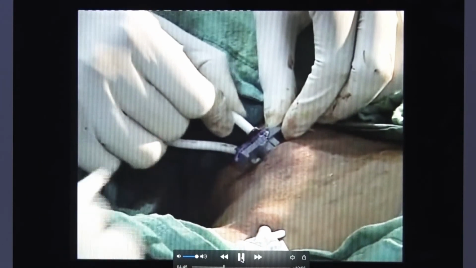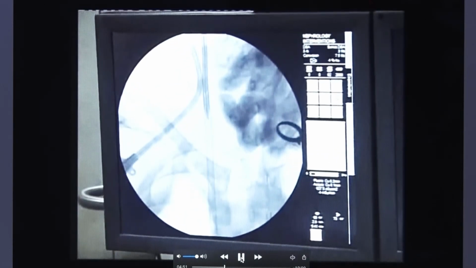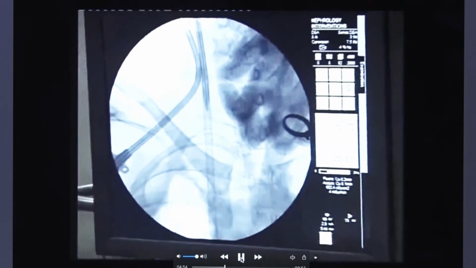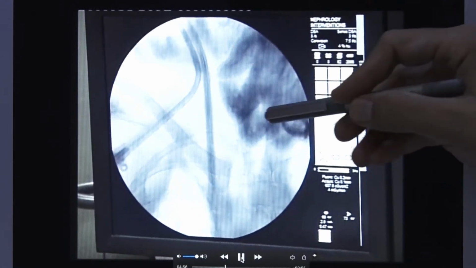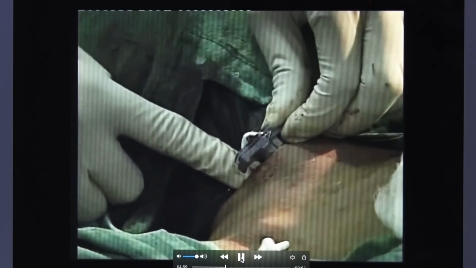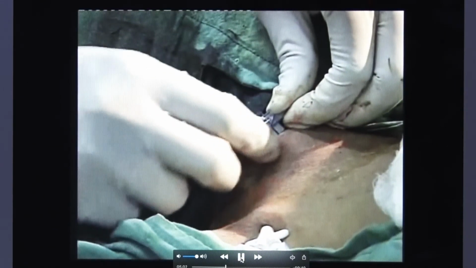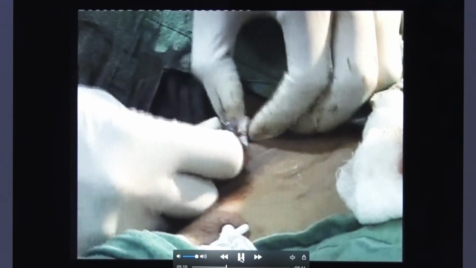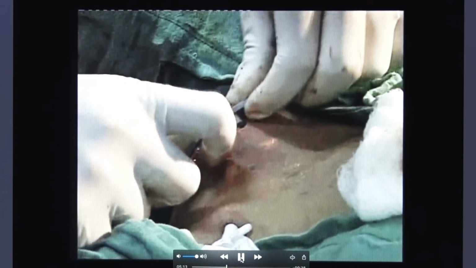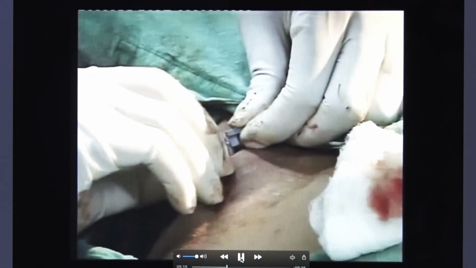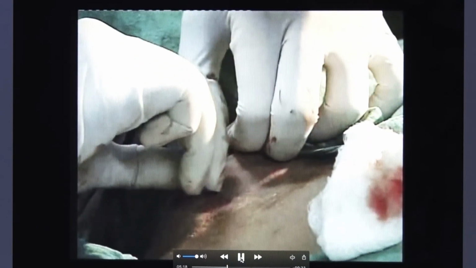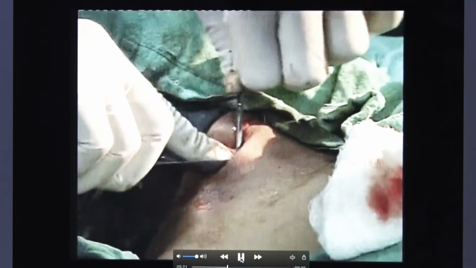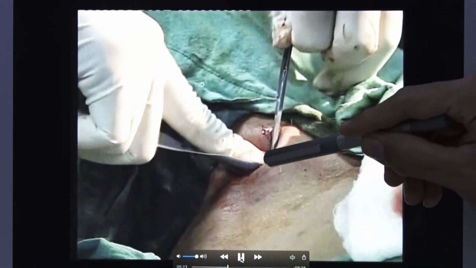The catheter is then introduced into the peel apart sheath. This is also done under fluoroscopic guidance. You can see the catheter moving inside the sheath. Now we have to pull apart the sheath. We pull it apart and press it downwards. While pulling out the sheath, we have to be careful that we do not pull out the catheter, so we can keep our index finger on the catheter.